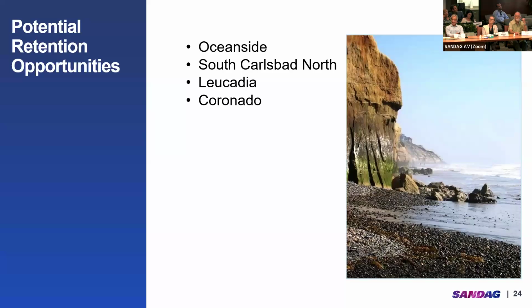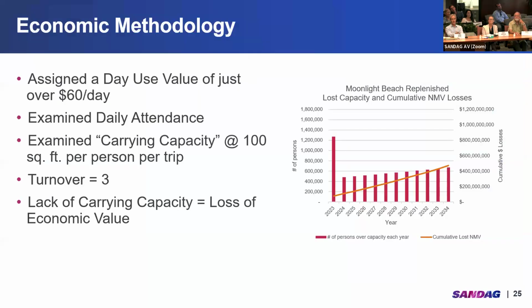So with that, I'll leave the topic of beach fill footprints and just go into the next subject that we're going to talk about next time that we speak. And that's got to do with sand retention ideas, where sand retention should go, what kind of concepts should be considered. Should it be at Oceanside? Should it be at Carlsbad Beach, South Beach North, South Carlsbad North? Should it be at Lucadia? Should it be at Coronado? Where else should it be? And we'll be happy to entertain the input of anybody, of course, as part of that discussion.